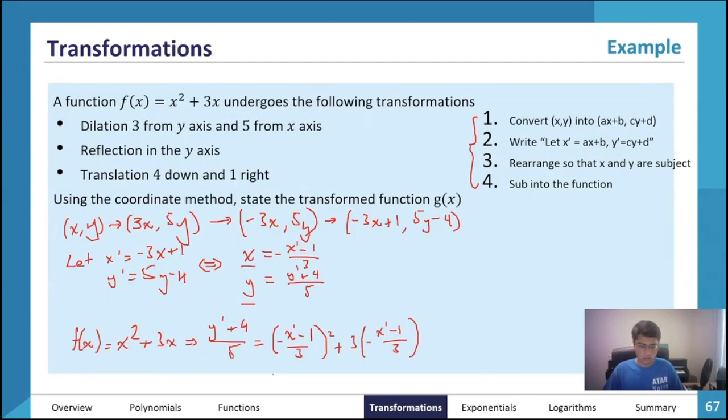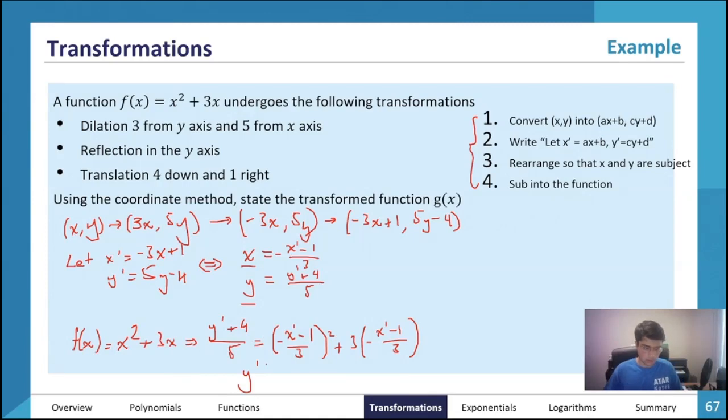Okay, let's see. Rearranging this is going to take a lot of time, so I'm just going to skip straight to the answer. But hopefully you guys are pretty good at your algebra. You'll be able to resolve all the square signs there, as well as rearrange accordingly to get y dash on one side. The answer here looks like